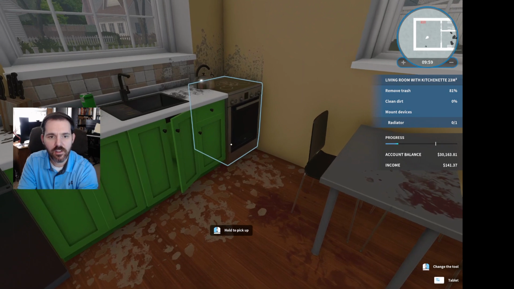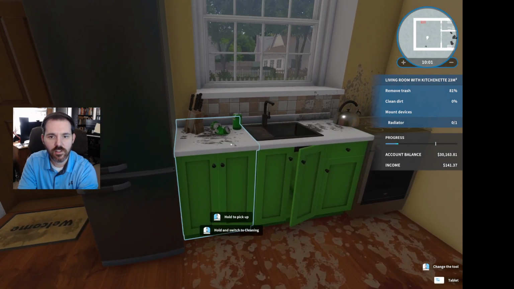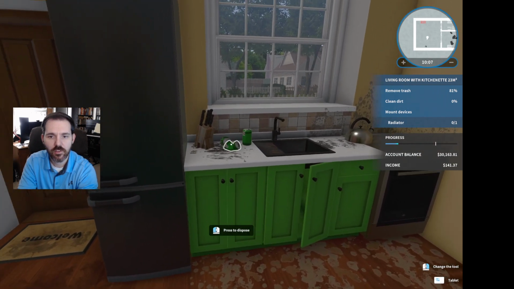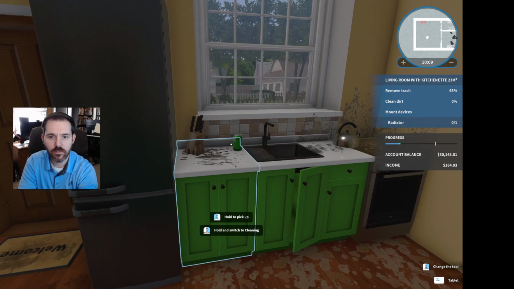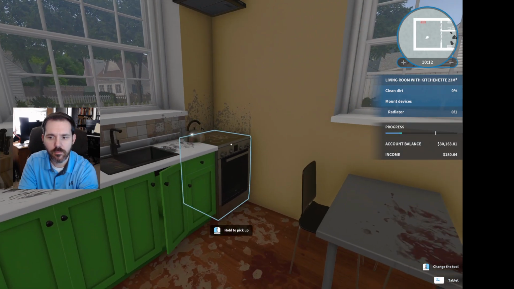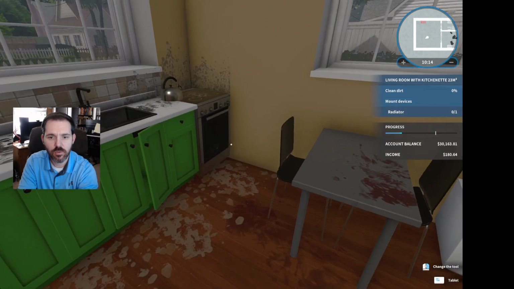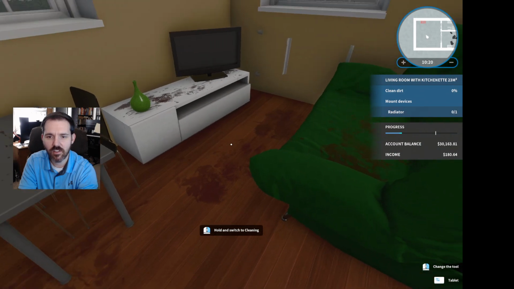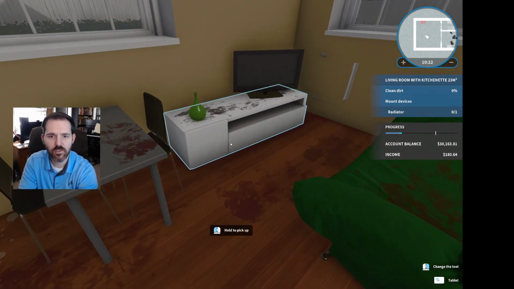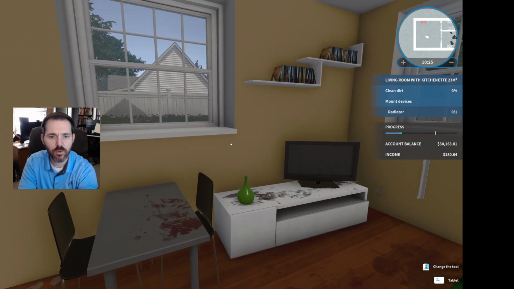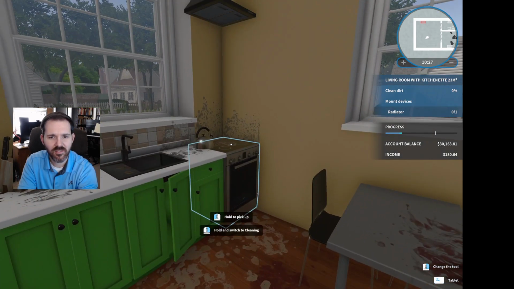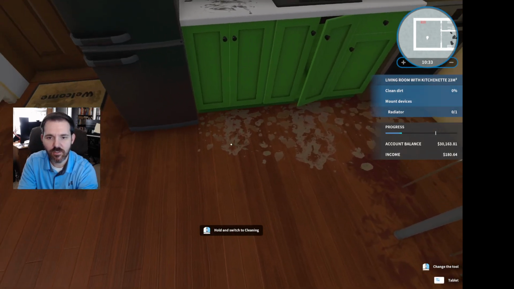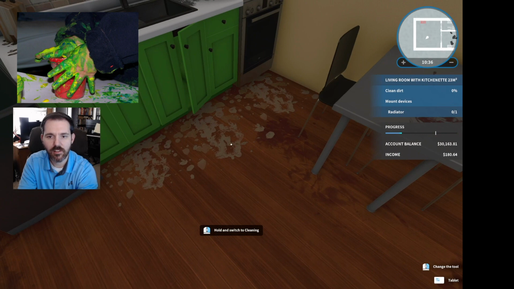Okay, now let's see here. The next thing we need to do is actually, so there are some cans on the counter here, the countertop. So I'm going to throw these cans away. I think we need to clean up all of this dirt on everything. There's lots of stains on the floor, stains on the couch, on the TV table, lots of stains, everything. I don't even know what happened here. It looks like somebody was painting and they just got paint everywhere.